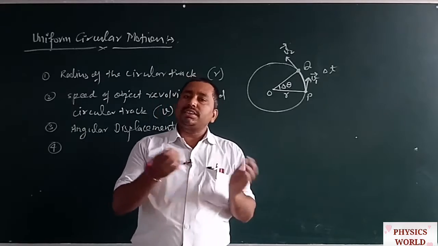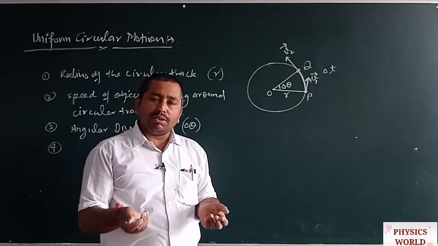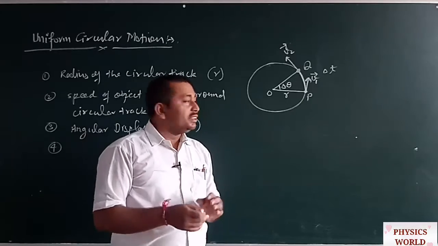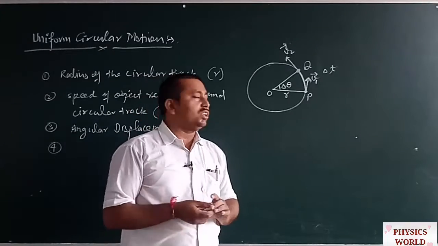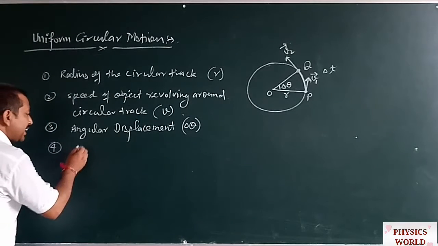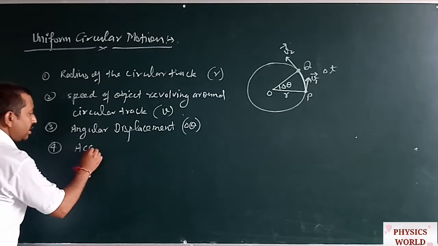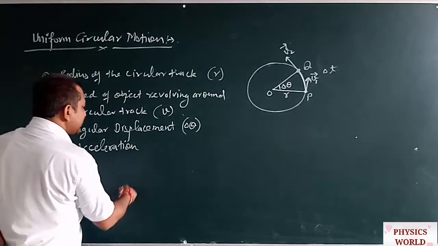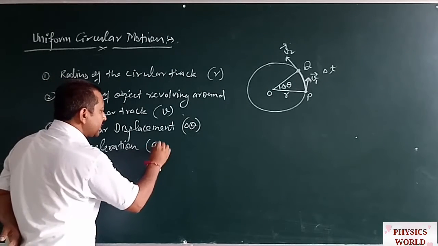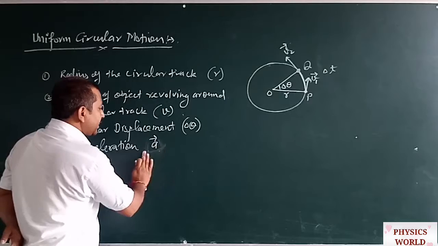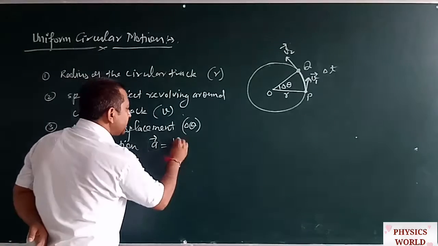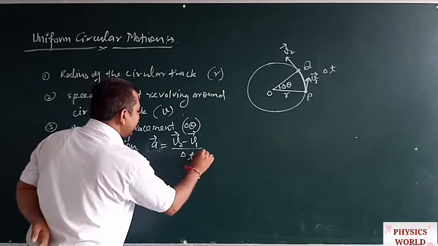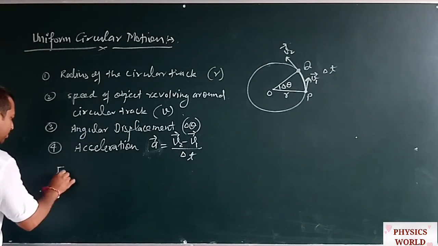So if there is a change in the magnitude or direction of velocity of any object during motion with respect to time, then we can say that there is an acceleration acting on the object. So what will be the acceleration? Acceleration, that is linear acceleration acting on the object, can be defined as A, and A will be equal to the rate of change of velocity, that means v2 minus v1 divided by delta t. Fourth, and fifth,